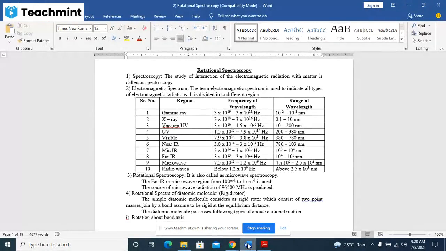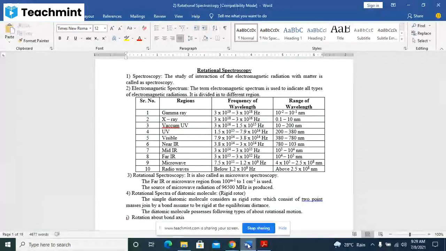While studying this spectroscopy, we require electromagnetic radiation. How does that electromagnetic radiation come? Electromagnetic radiations have their spectrum. There is a wide range of this radiation, starting from gamma rays and ending at radio waves. Depending upon the frequency they are arranged. As far as wavelength is concerned, the radio wave has the largest wavelength, and in terms of frequency, it has a very low frequency compared to gamma rays.